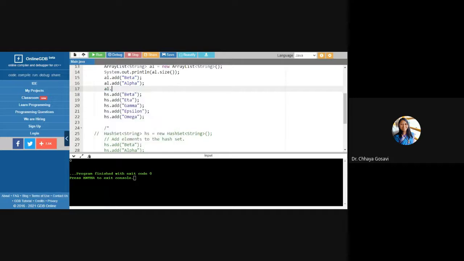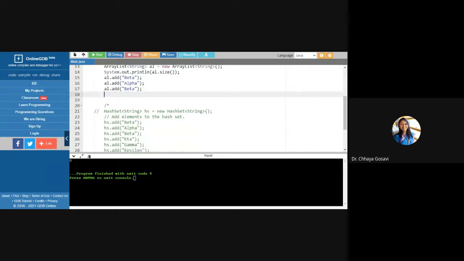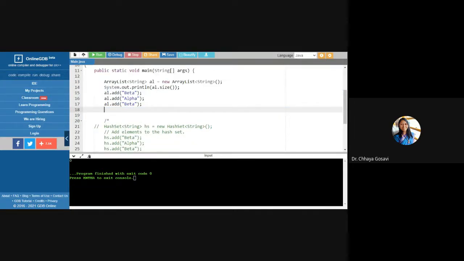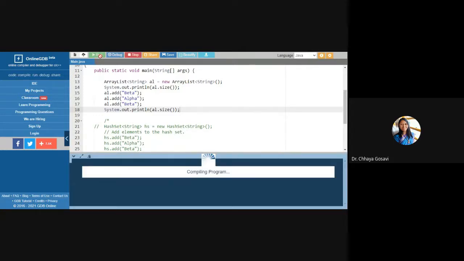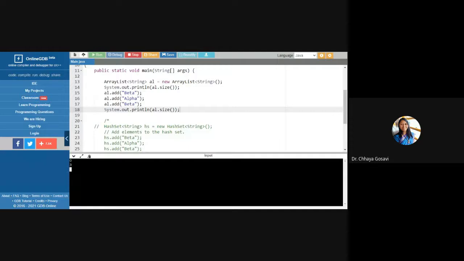We are using it as this class is available for us. Suppose we have added these three elements into the list, and again we'll check what is the size of our ArrayList. So initial size is 0. Now after adding a few elements, wait a minute.